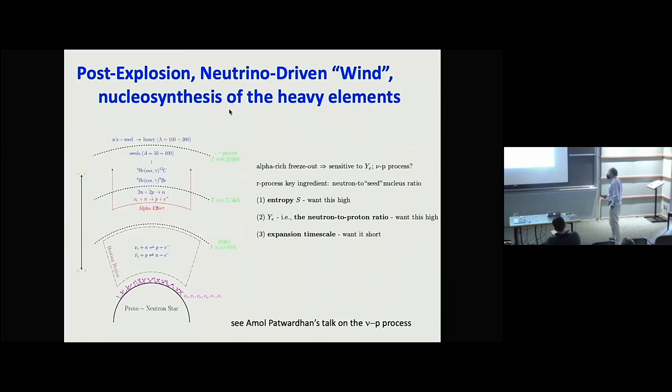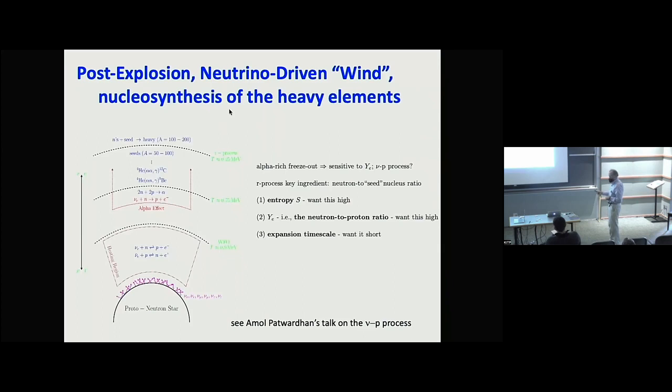Okay. So here's a post-explosion. Here's a somewhat more detailed version of what might happen in an outflow from the material moving out from a neutron star. This is alpha-rich freeze-out, and Amol will talk about this, I think, some more. There are kind of 3 knobs that the models can turn. And ideally, if you want to make something like the R process, like uranium, you want a very high neutron number per every seed nucleus that you're going to capture neutrons on. And you can kind of turn the knobs this way to optimize that neutron to seed ratio.